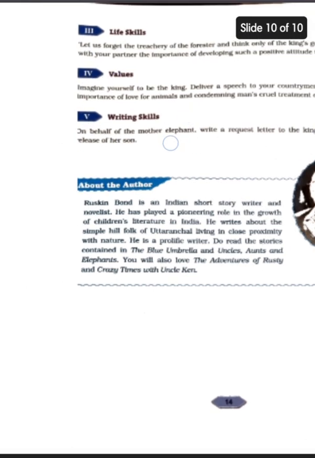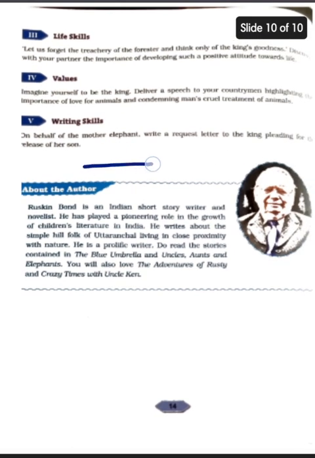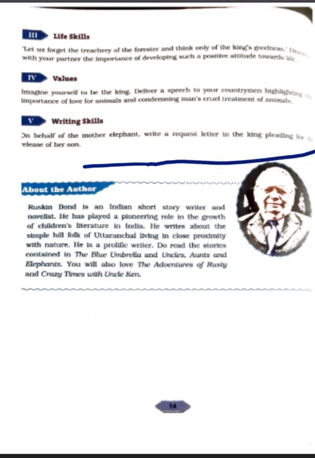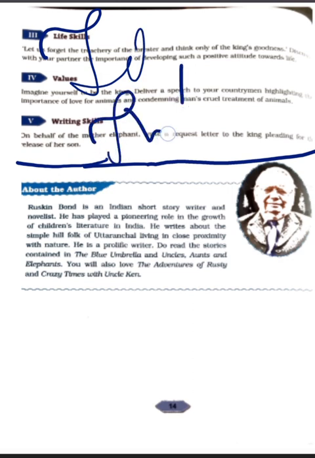Now we have writing skills. On behalf of Mother Elephant, write a request letter to the king pleading for the release of her son. So you'll get the answer PDF attached to it, and it will be a formal letter, right? So formal is always, it has a formality to the king, royal palace,